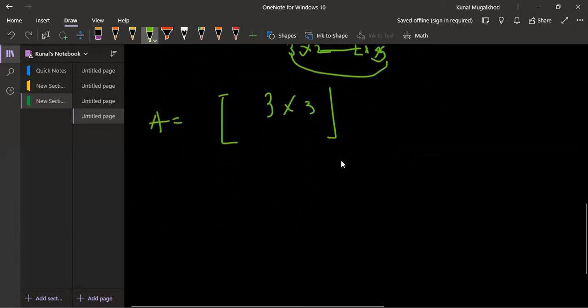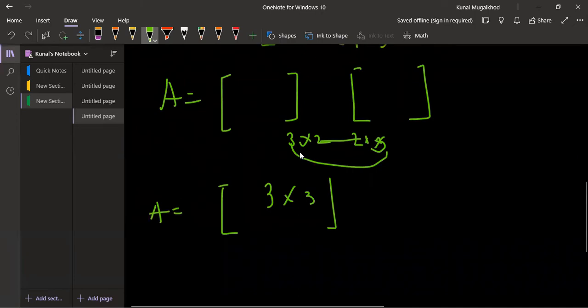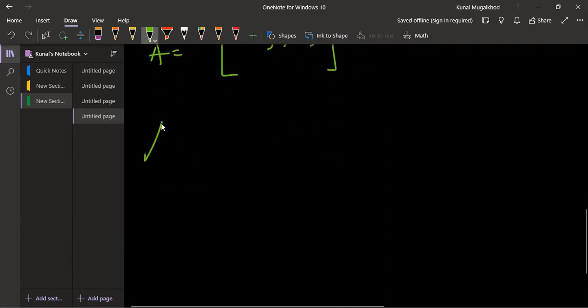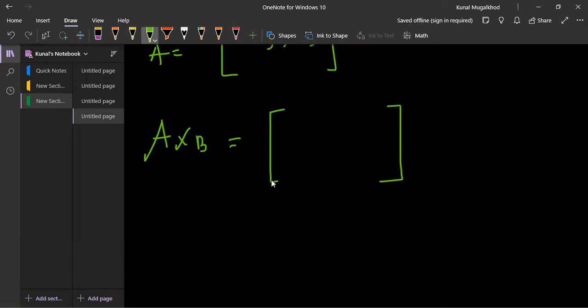Now once we multiply the two matrices, our resultant matrix will be generated. And how are we arriving at that particular solution?